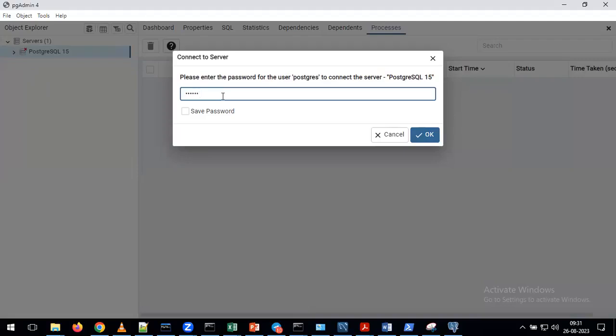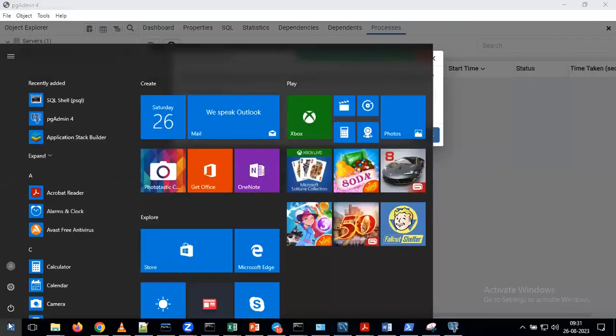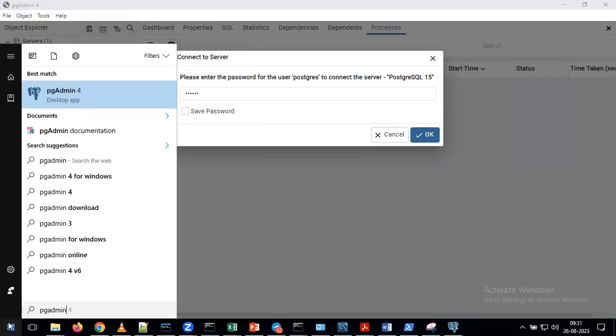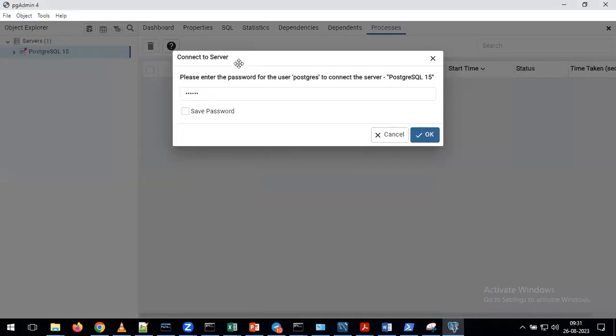Sir, sorry to interrupt. I missed the past 2 minutes. Can you tell me where this pgAdmin is, sir? That's the reason I'm telling you, please travel parallelly with me. If you miss 1 minute, I have to repeat everything. Now, go to the Start menu and type pgAdmin. Here you can see the application called pgAdmin 4. Please click on that, and once you click on that, you can see this window. Got it, sir. Thank you, sir.